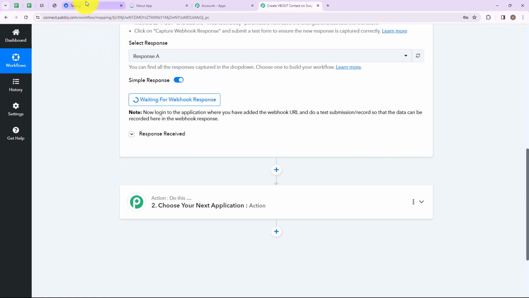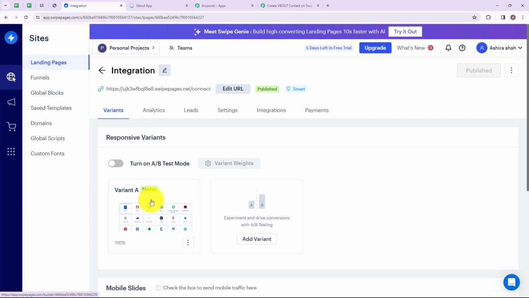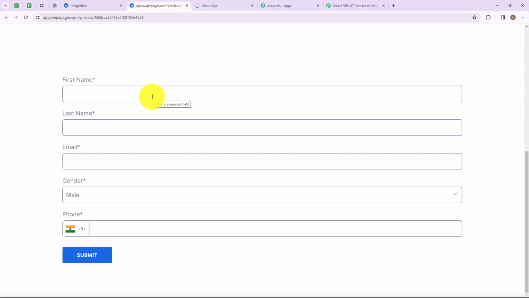And for that, let's go to swipe pages. And here in integration, I'm going to select this variant A over here, and I'm going to preview this by clicking on this 3 dots over here. So this is the form, and I'm going to enter all the dummy details over here to do a test submission. So as you can see over here that I have successfully entered all the dummy details over here,